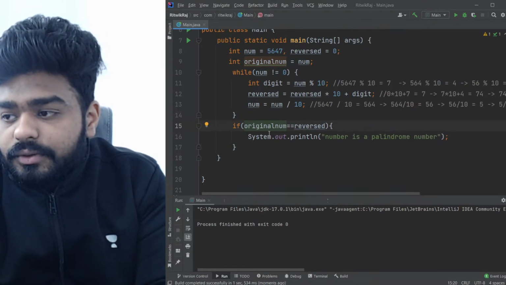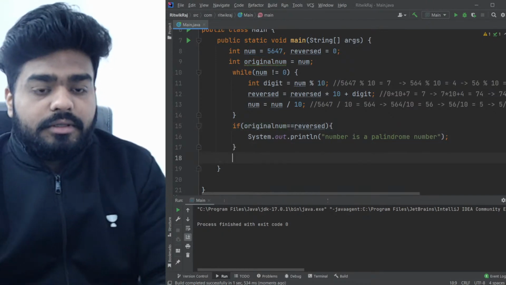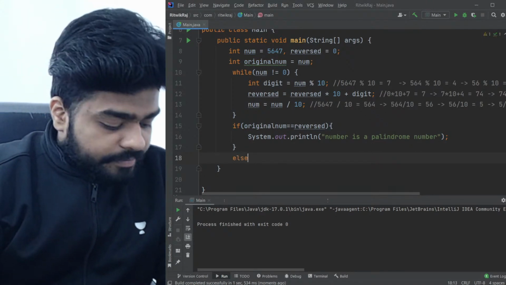If original number is equal to reversed, System.out.println, else,